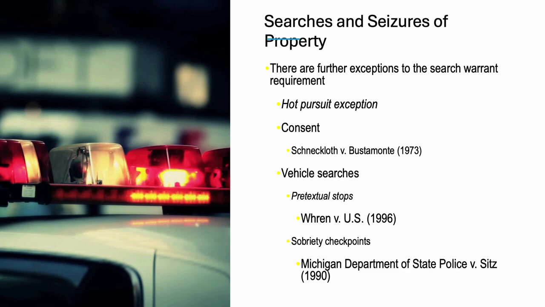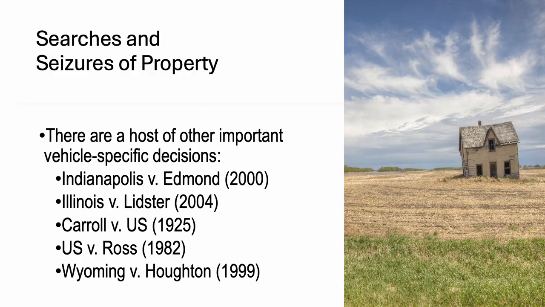And on vehicle searches, again, under the automobile exception, police can search a vehicle without a warrant if they have probable cause to believe it contains evidence of a crime. So that's really an important aspect related to those vehicle searches, and that pretext stop, again, being one of those really important things. But it's important to also note that pretext stops in a lot of agencies are being taken away because they said, hey, you're just using a pretext stop to get to something bigger. You're using a minor traffic stop to get to something at a much higher level. And is that legitimate anymore? So that's related to cars.